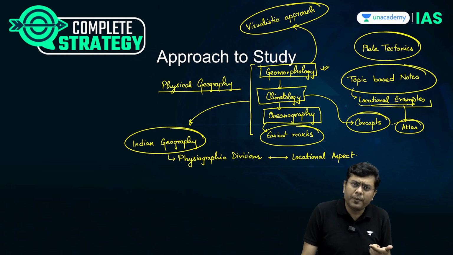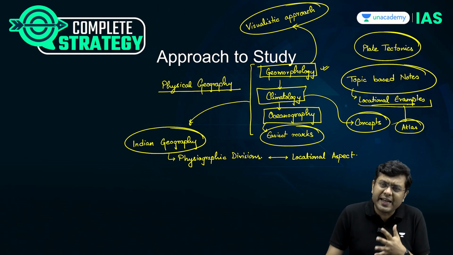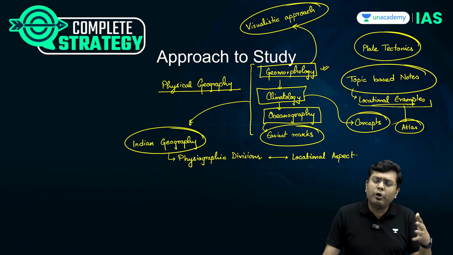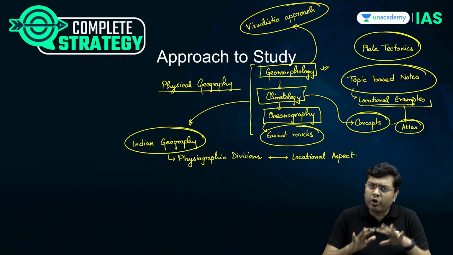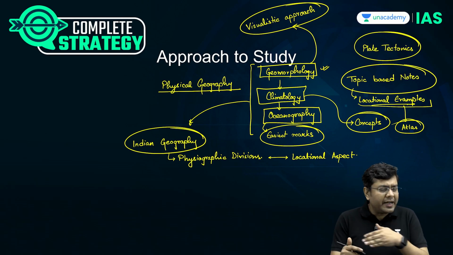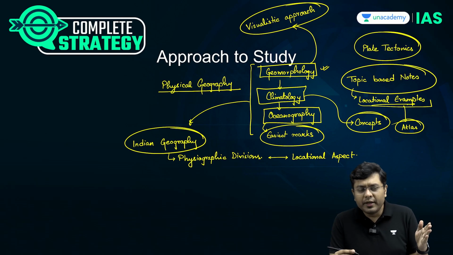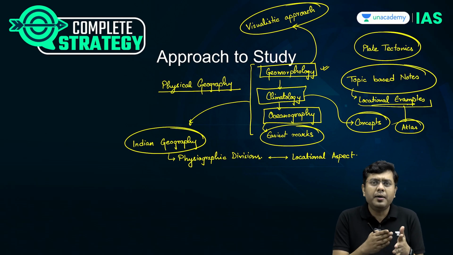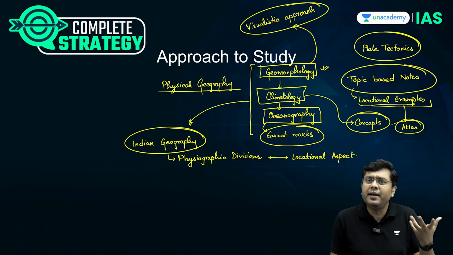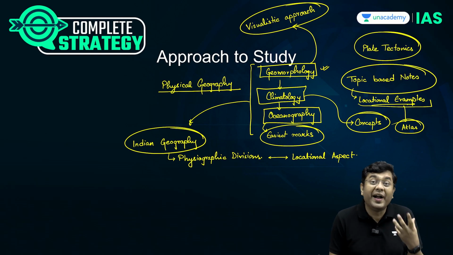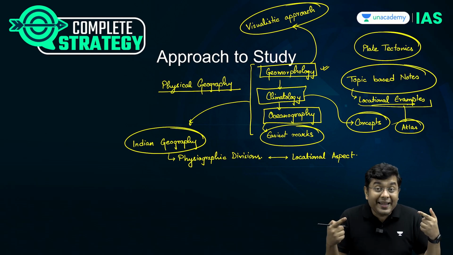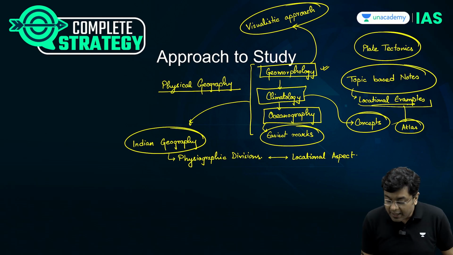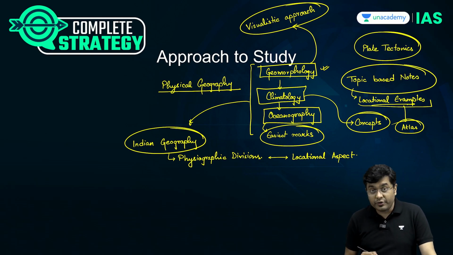After all, why is it that only around 11 states of the country contribute to around 90% of the mineral extraction across the country? Why is it that when you read about any minerals, they would be found either in Jharkhand, Odisha, Chhattisgarh, Madhya Pradesh, Karnataka, Maharashtra, Rajasthan? These are the major states, and Andhra Pradesh, Telangana. Why is it so? That in-depth information will come after studying the physiographic divisions.